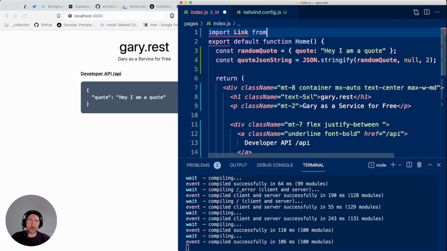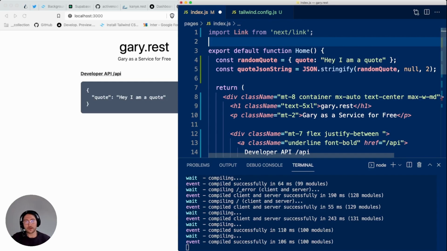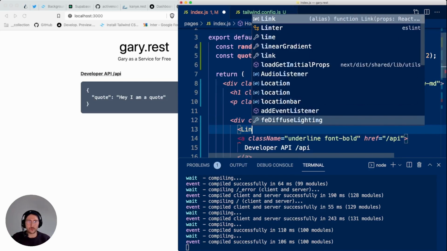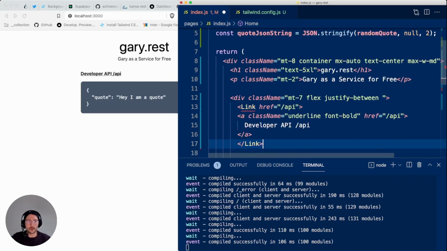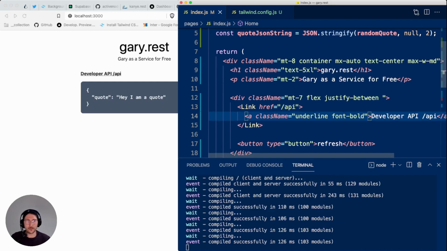Okay, import Link from next/link, and then simply wrap the existing A tag with Link and the href, which is /api. And then you can remove the href from the A tag because Next.js will add it, right?